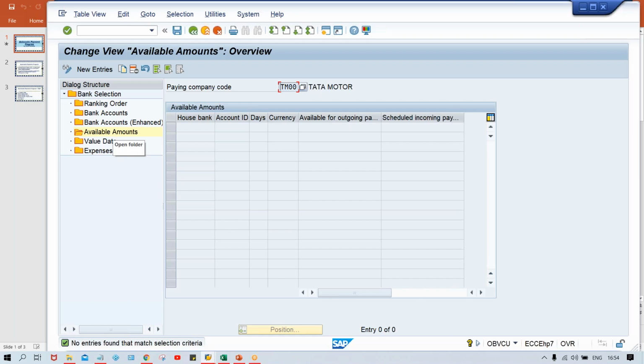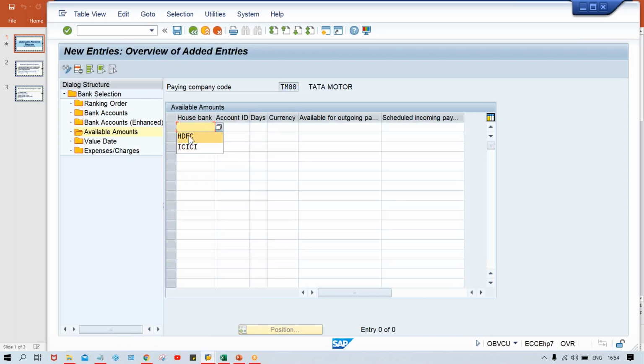Now I'll tell you what is happening in available amount. Generally an amount limit is given here. Give your house bank account ID, and days give 1, or you can give more also.